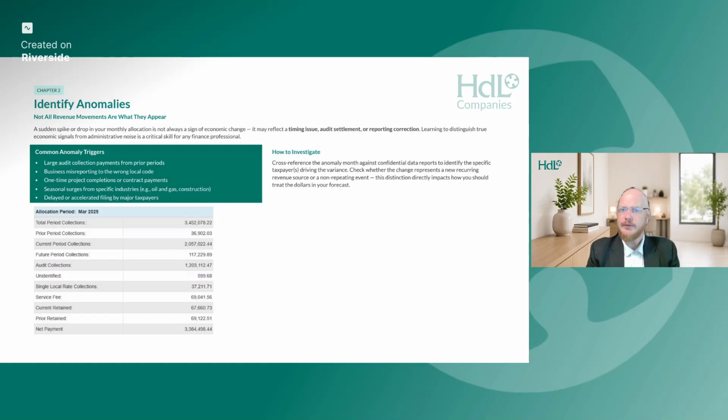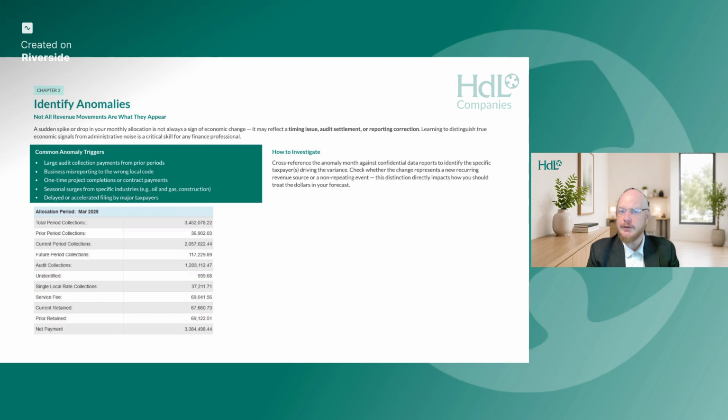Here's an example of a place where we can absolutely identify an anomaly right off the bat in a publicly available detail table. Some of the things that are commonly seen here are things like audit collections or one-time payments of prior periods. We can identify in this example, the net payment for this jurisdiction for this month was $3.3 million. However, if we look up further in the graphic, you can see that only $2 million of that